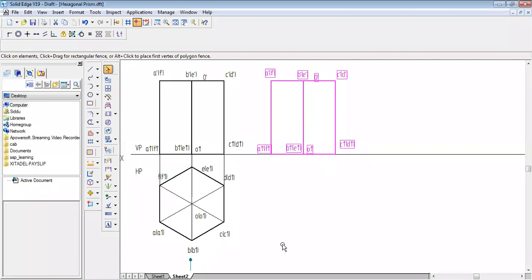Now you have to rotate. In order to rotate, it is very important what is being given in the problem. They are saying it is resting on one of its edges. We should draw the projections of the prism when the axis is inclined to HP at 45 degrees and appears to be inclined to VP at 40 degrees. So this axis is making an inclination, friends.